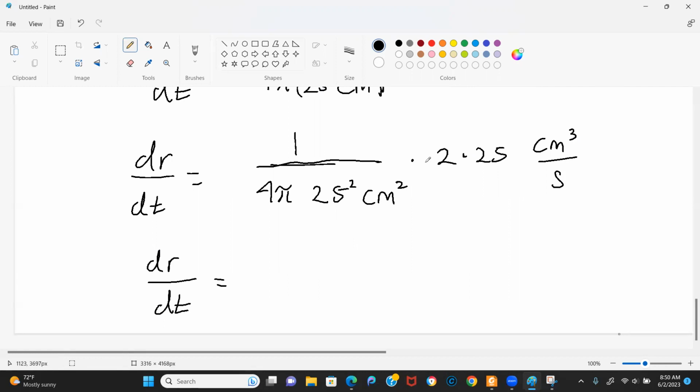And then this 2 cancels the 2 over here, and we have a factor of 25 here and another one here. Then you can cancel centimeters squared with centimeters squared over here to get just centimeters. And if you just do all of that, you get 1 over